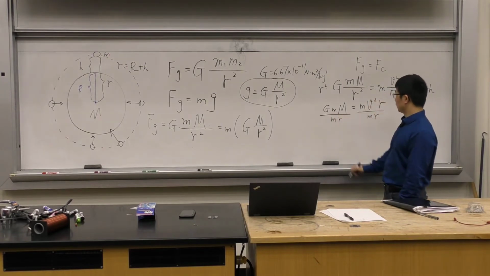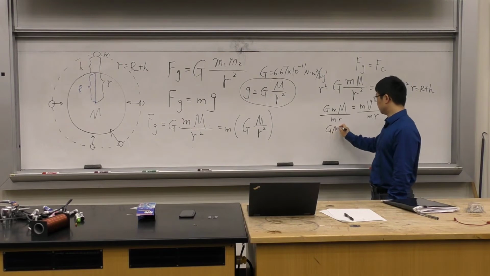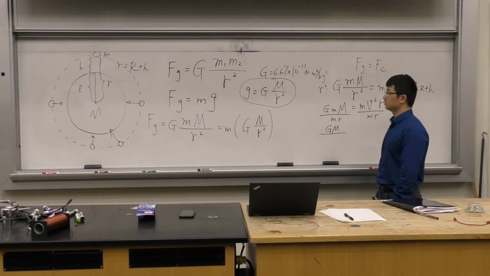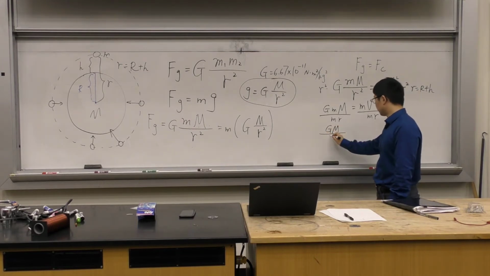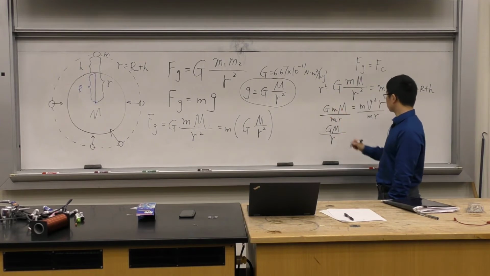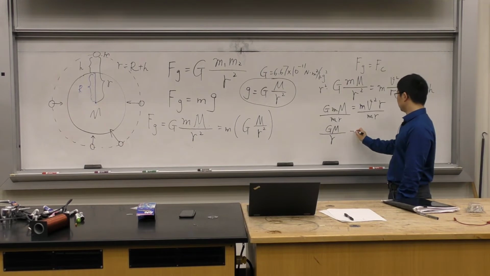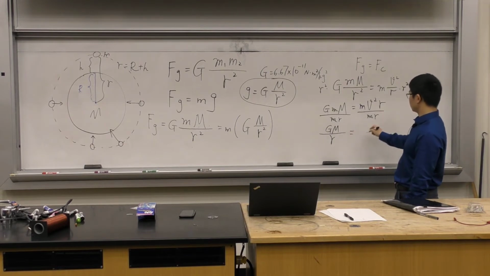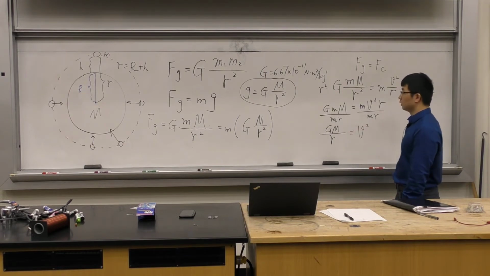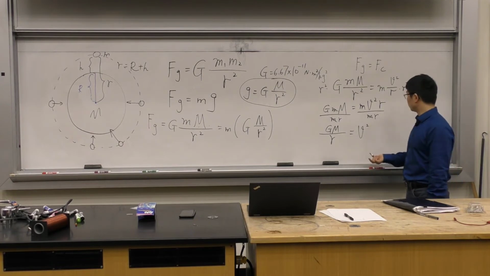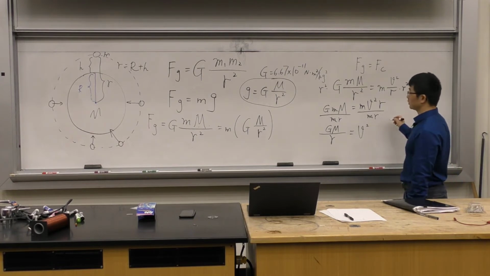What do I get? I would get big G times M, that's the mass of the Earth, divided by r, because this m and m cancel. Now this m and this m, they're going to cancel as well. And this r and this r, they're going to cancel. So I will get v squared. And then just take a square root on both sides. So at the end, you will get an expression for the v